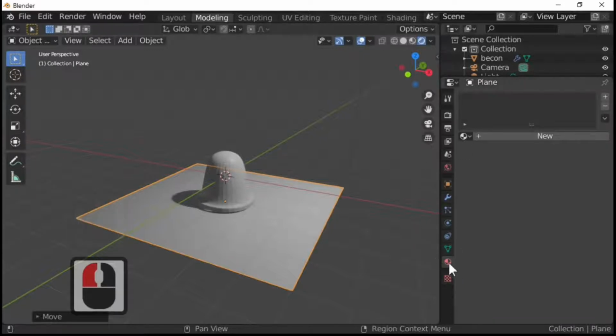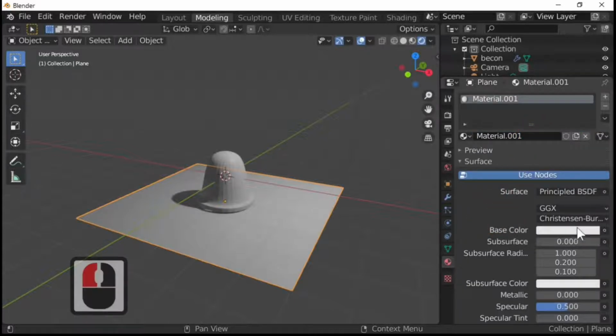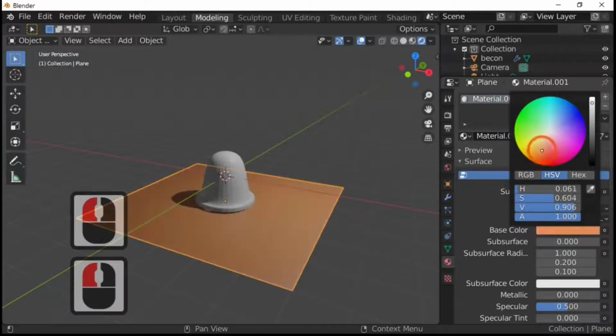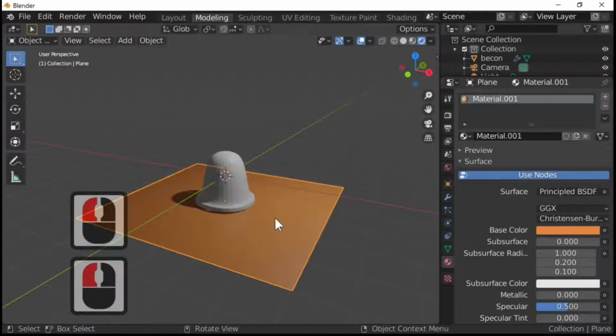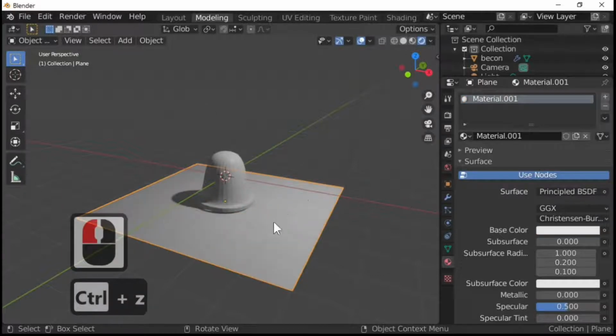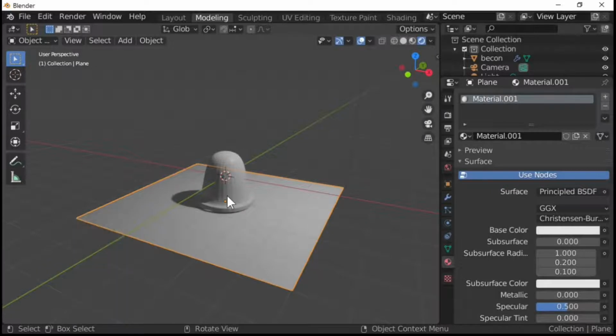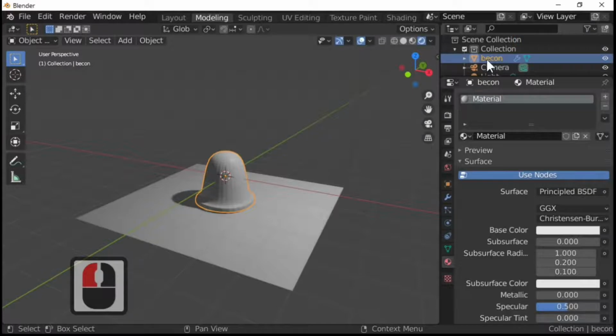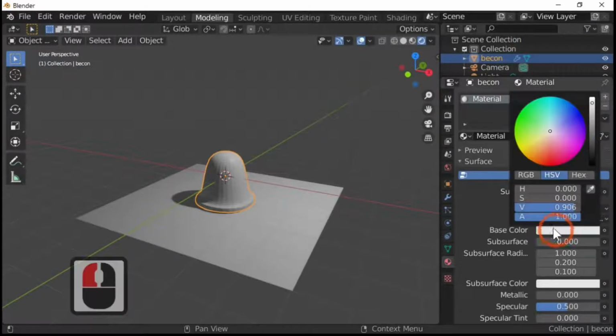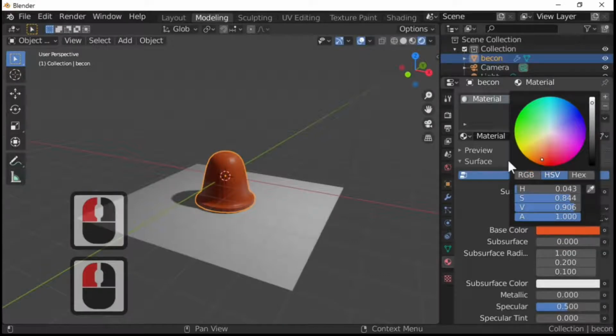So what I've done is gone onto the material tab down here, material properties, add a new material, and I'm going to make this like an orange colour. As you can see, what I've done there is I've gone onto the plane. So I'm just going to Control Z, because I don't want to actually change the plane colour. I'm keeping it to that grey white, or the default. Right, select the beacon. You know beacon's selected because of this up here. So I'm going to select the beacon and change it to an orange colour,